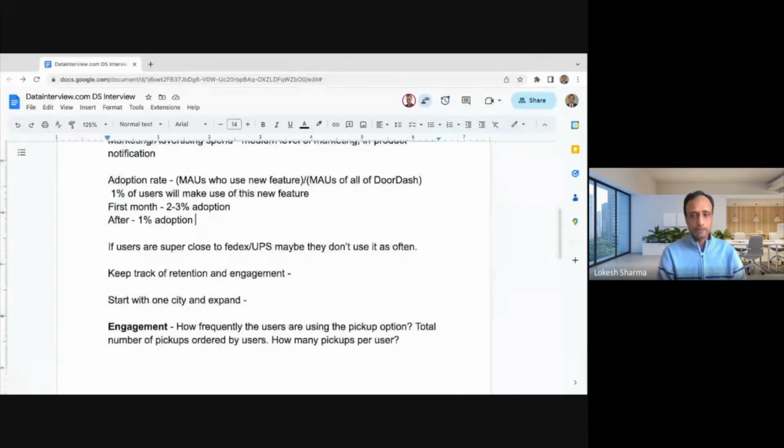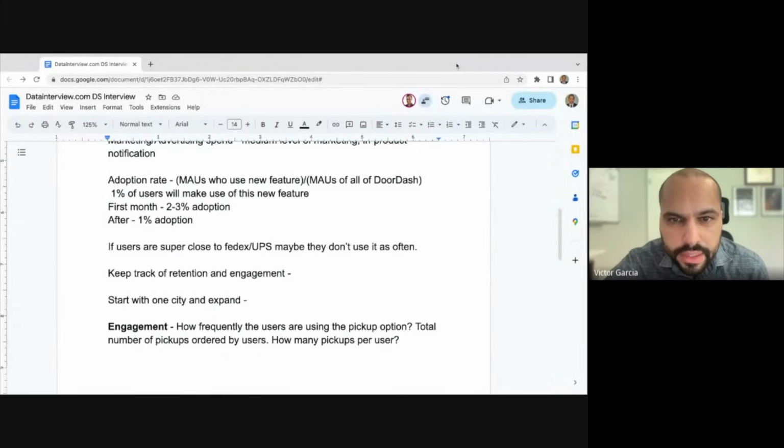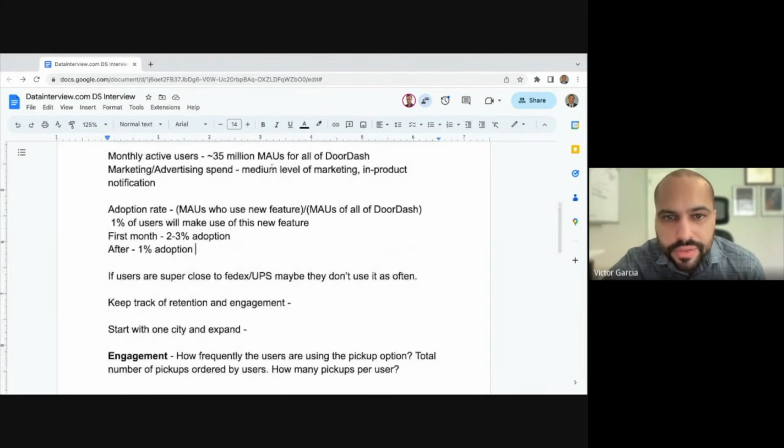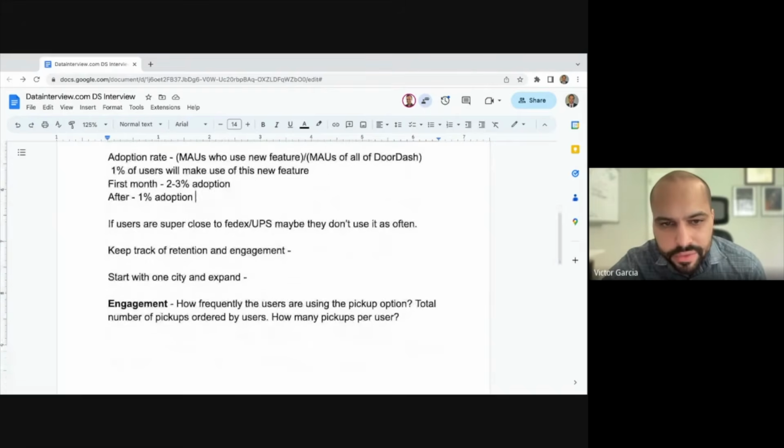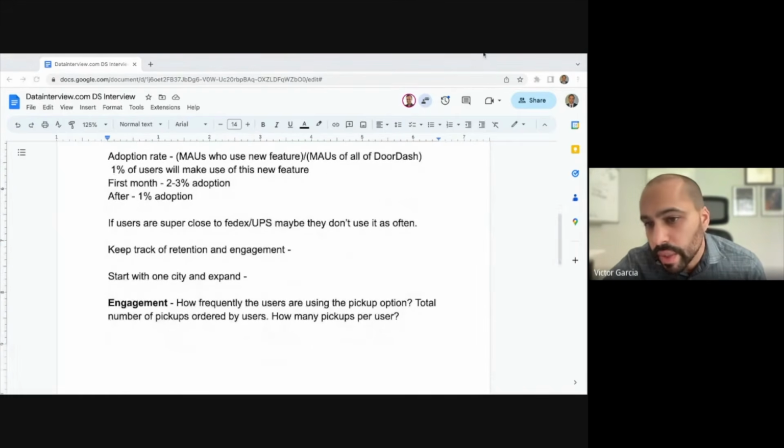So what are the monthly active users in that city? Let's say there's 1 million monthly active users in that specific city. Got it. So there's 35 million monthly active users on DoorDash, and 1 million of those 35 million are in that specific city where this product has been launched.